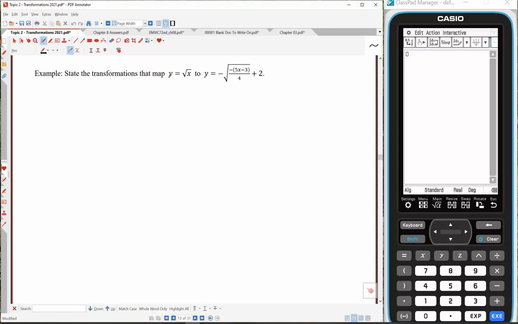All right, so state the transformations that map this to this. So we're going from y equals root x to y equals negative root (negative 5x take 3) all over 4 plus 2. So that's dash and that's dash. Okay, now what we'll do is we'll get ready to pair these up. So I'm going to subtract 2 and divide by negative 1. So that's going to be y dash